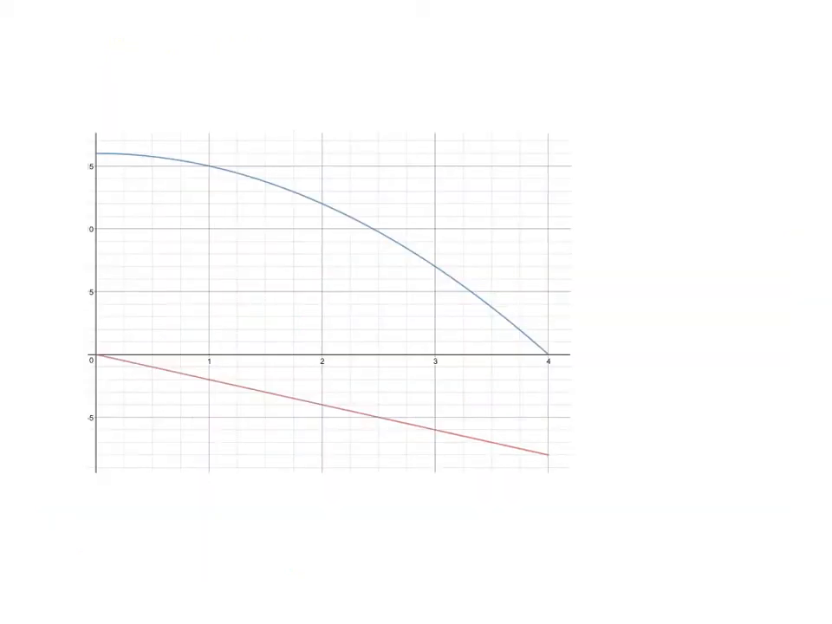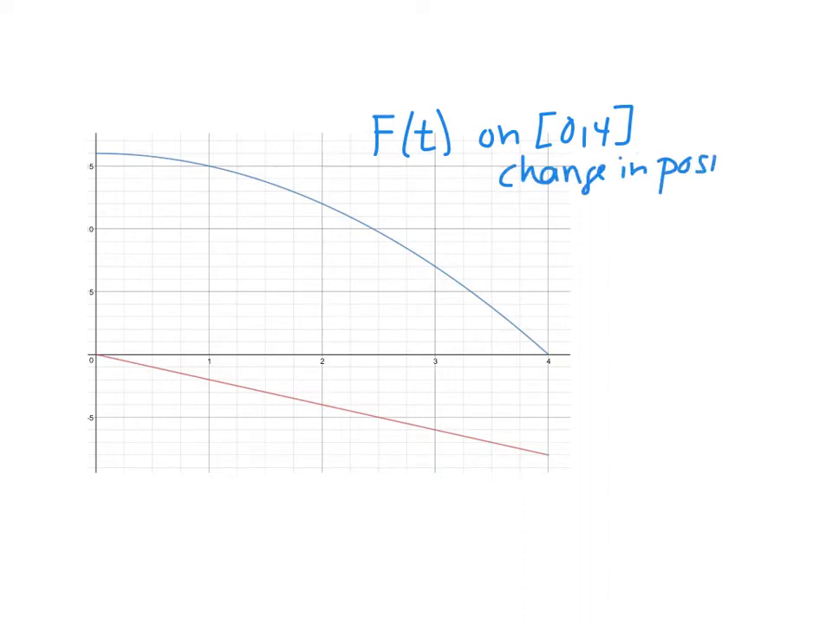On the first page, what we were able to do is we looked at the difference in position of our position function on the interval 0 to 4. So if we looked at the change in position, we can easily see that this particle, or whatever is moving, started right here. So at time 0, it was at 16. And then it ended here. So at time 4, it was at position 0. So the change in position